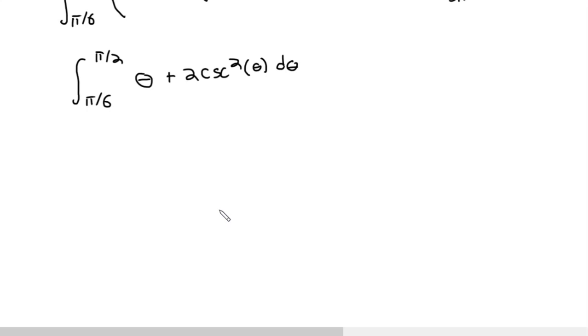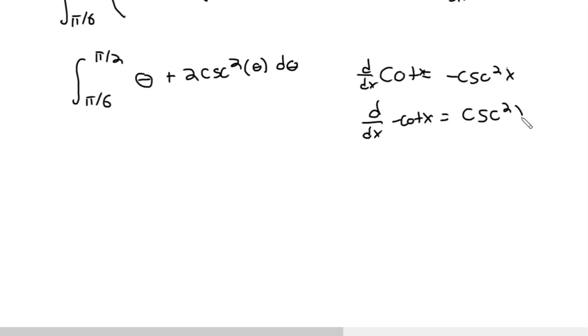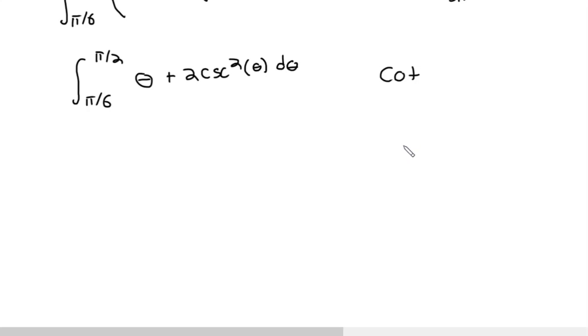So the integral of cosecant squared, that's just negative cotangent, right? Because think about it, if I differentiated cotangent, that just gives me negative cosecant squared. There's a negative out here, but I get a positive cosecant as my result. Hence, I would have to differentiate negative cotangent x to get just a positive cosecant squared. That's the reason. So now what's going to happen is that basically, 2 cosecant squared, that's going to integrate to